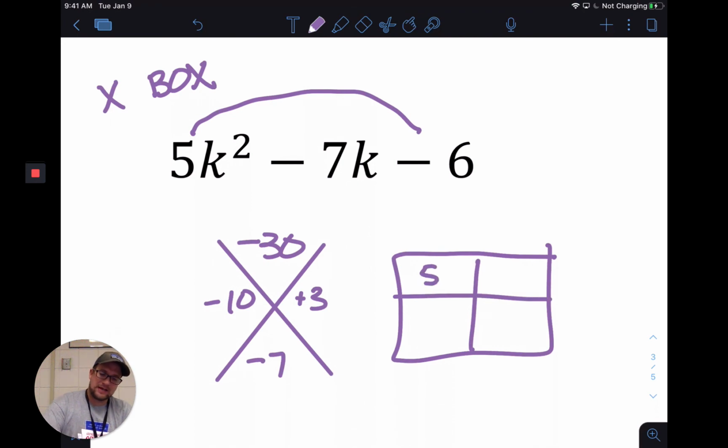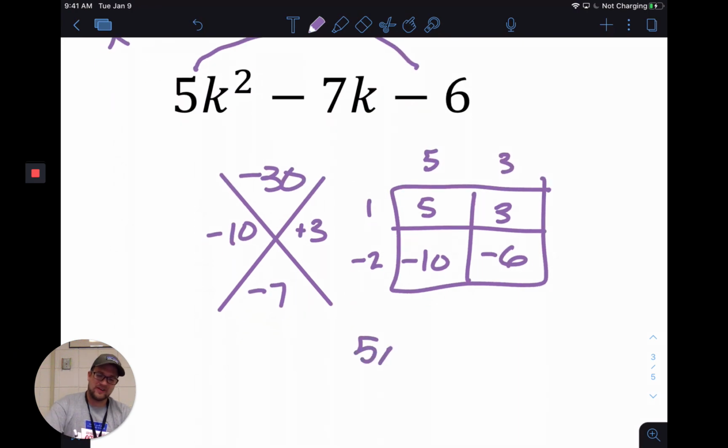I've done the X, now we got to do the box. When you get really fast at doing the box, you can just throw your numbers in there quickly. There is no greatest common factor between 5 and 3, so I'm going to pull out a 1, which means this is a 5 and this is a 3, and this has to be a negative 2. Negative 2 times 3 does equal negative 6, so my factored form is 5x plus 3